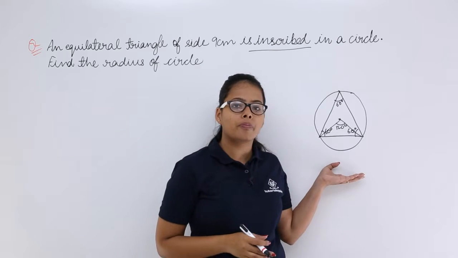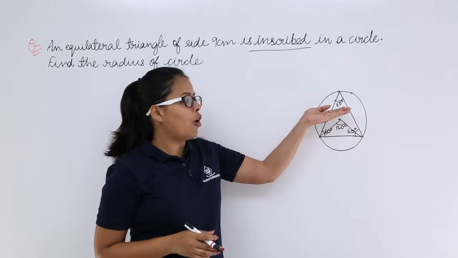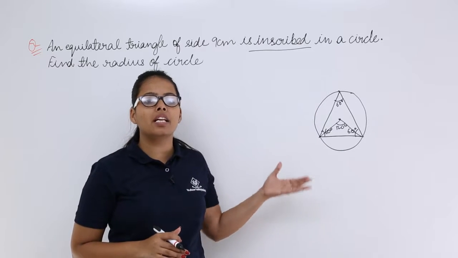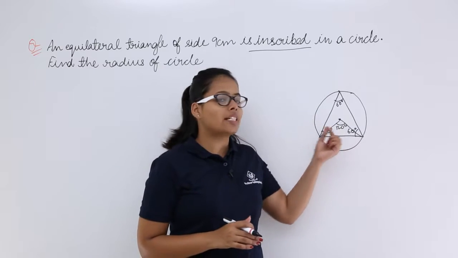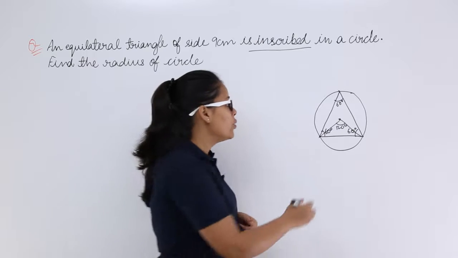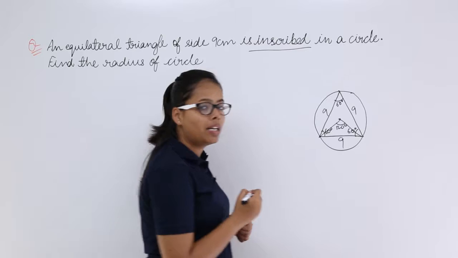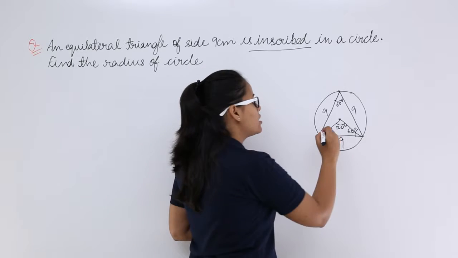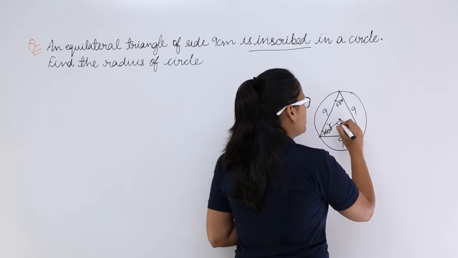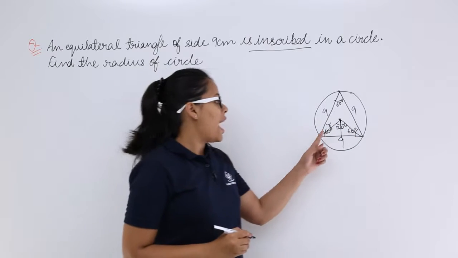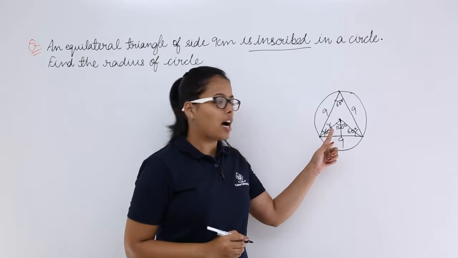If a chord is subtending an angle of 60 degrees at the perimeter of the circle, then it will be subtending double of this angle at the center of this circle. You know the value of the sides of an equilateral triangle, which is 9 cm. Now let's suppose the radius of this is r. And as you know, if this is r, this is